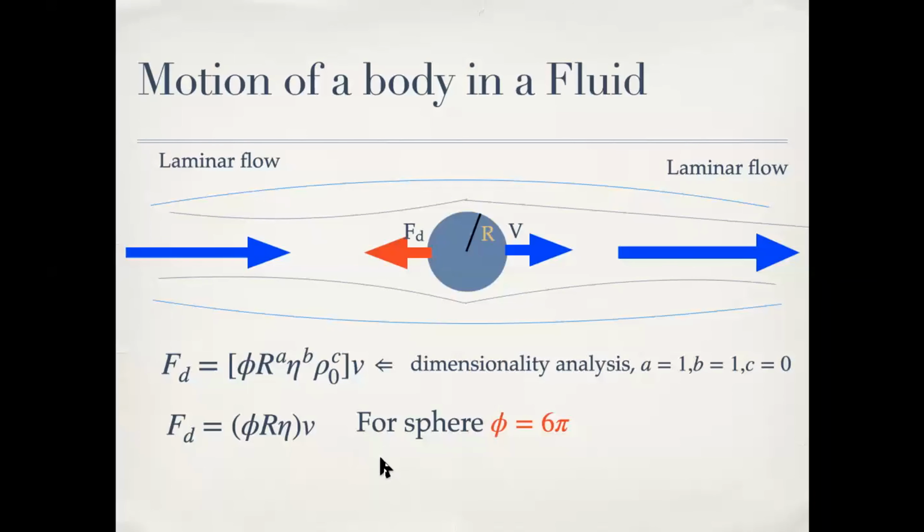Then we can solve the problem we are discussing exactly, and this coefficient phi turns out to be equal to 6 pi. And therefore, the force acting on a sphere which moves slowly with a steady velocity v through a viscous liquid is 6 pi times its radius times viscosity times velocity, and this is called Stokes law. We should keep that in mind